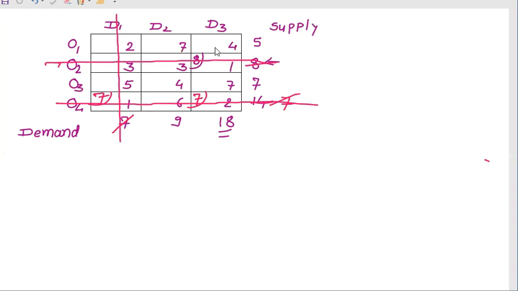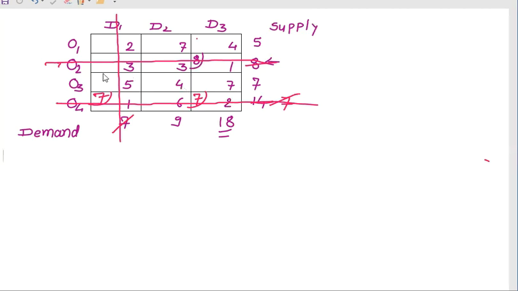Now there are 4 cells left and the costs of transportation are 7, 4, 4, 7. Select the cell with the lowest cost. There are 2 cells: first row, third column contains 4, and third row, second column also contains 4. Here 4 is the cost of transporting 1 unit, and the lowest cost is now 4. You can select any one of these 2 cells. So let us select this cell. How much quantity is available? 5. How much is required?